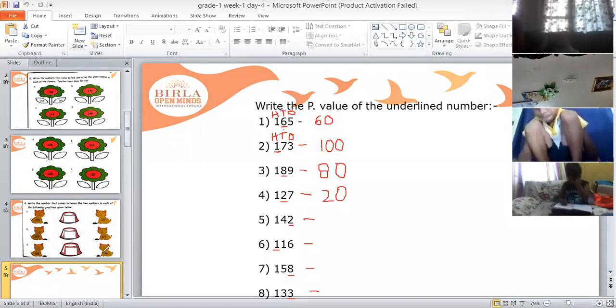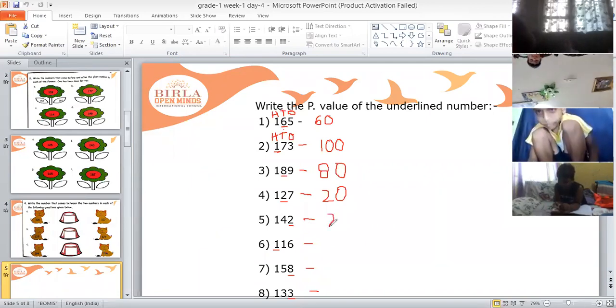Thank you, ma'am. Okay. Now see here, children, see the fifth bit. In fifth bit, underlined number is 2. So we will write that 2 as it is because this